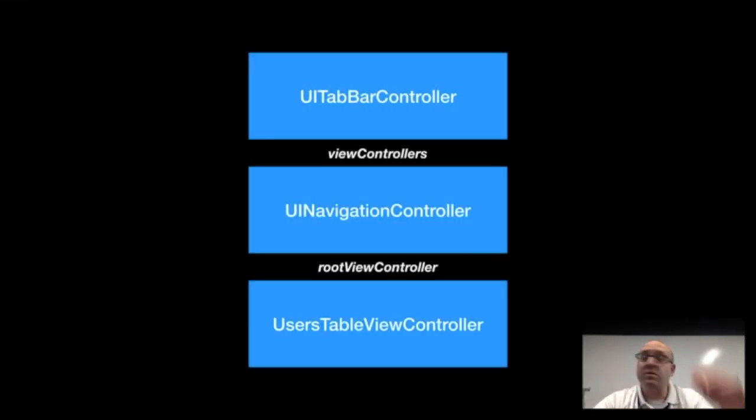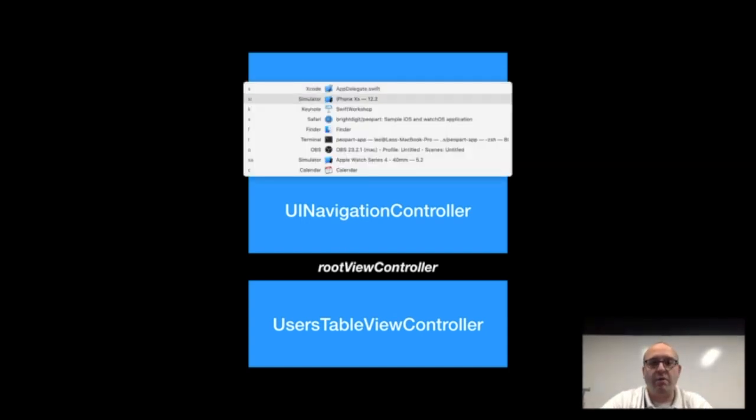So tab bar is our root. We're going to have 2 or 3 tabs. Each tab will contain a navigation controller, and then each navigation controller will contain a table view controller. In this case, we just have one because we're just showing users. So that's why here, if we look at our code,